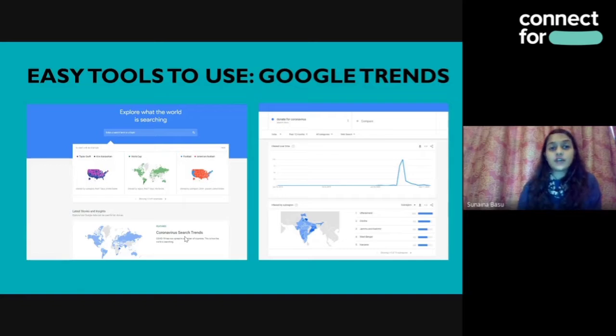coronavirus search trends by country, by region, everything. One thing I looked at specifically over here was "donate for coronavirus". It was interesting to see that there was obviously a peak when it just started. It's leveling out, but there is still sustained interest currently. And based on weightages, you can take a look at which regions are seeing higher search intent for these types of keywords.